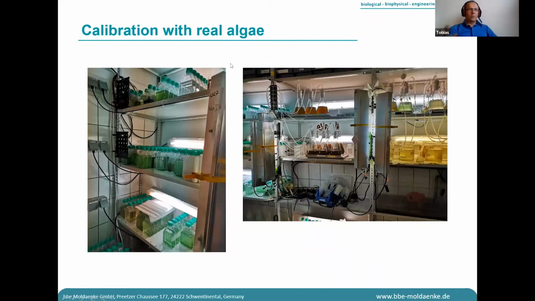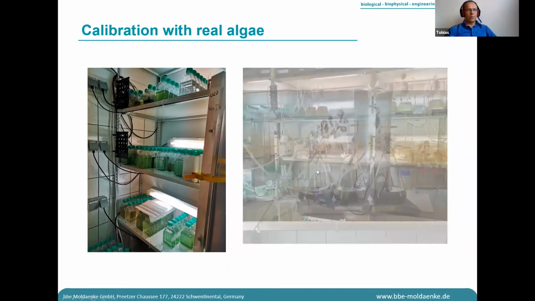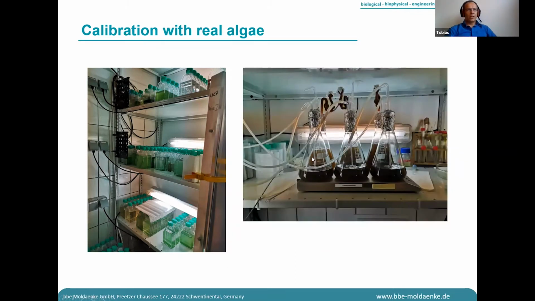What is also very important, you have to calibrate your instruments with real algae. If you have no real algae, then you have really a problem to get really good values. Some other devices say you have to calibrate your devices yourself and so on. But I think we have in our store really green algae, brown algae, yellow algae, and we grow them in a pure condition, and use them for calibration.